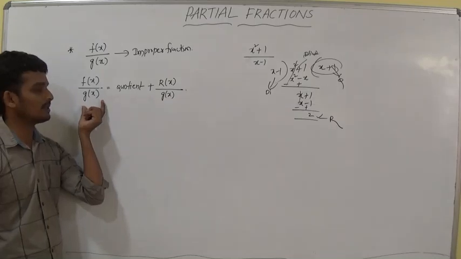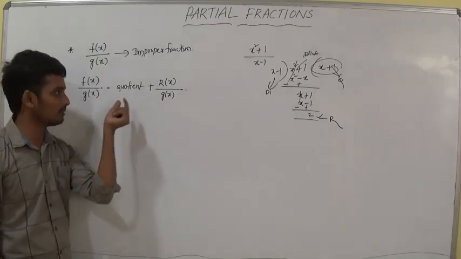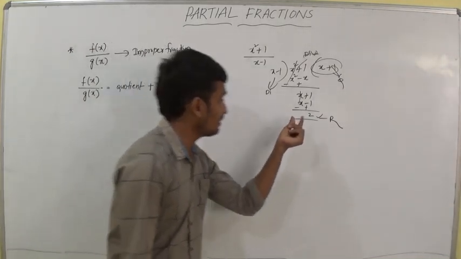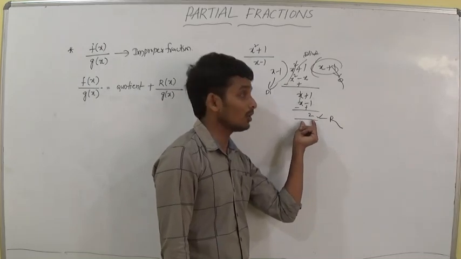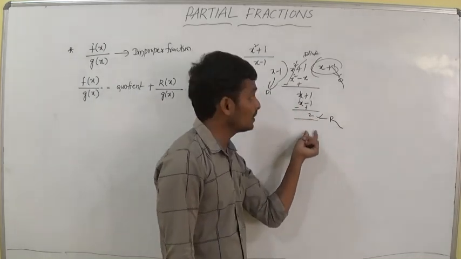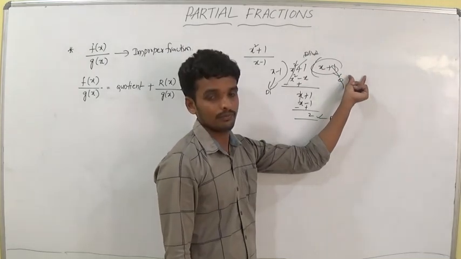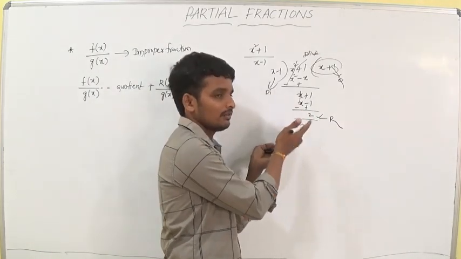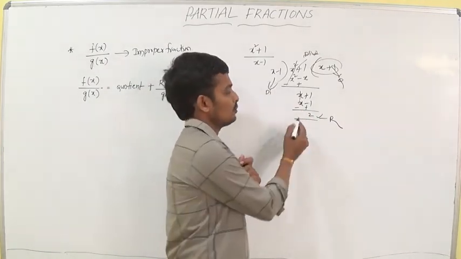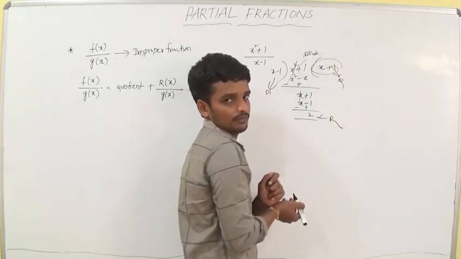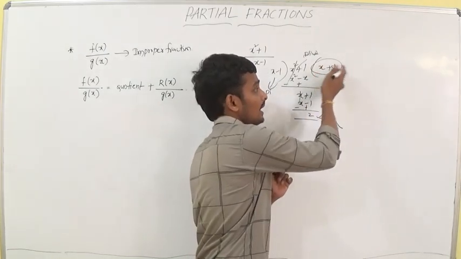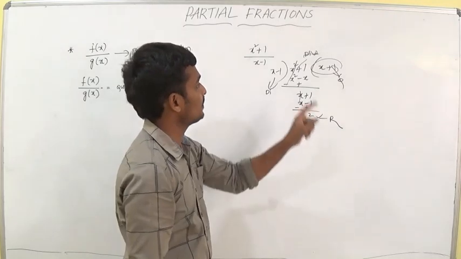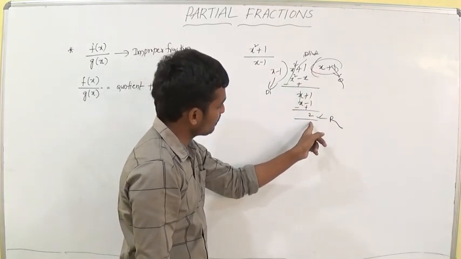If you divide f of x by g of x, we are getting some quotient and some remainder. For example, we are getting 5, plus you are getting some other number. Why are you getting some other number? We have a remainder 2. So we want to do the division up to 0. You will get some additional part of the quotient. If you don't want the remainder 2, you keep it and apply the 0. That means we are adding some additional part of the quotient. The additional part of the quotient depends upon the remainder by g of x.